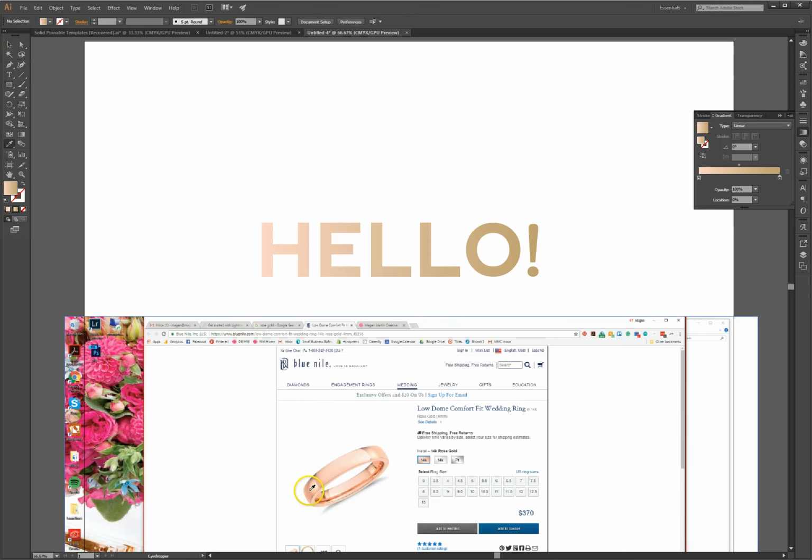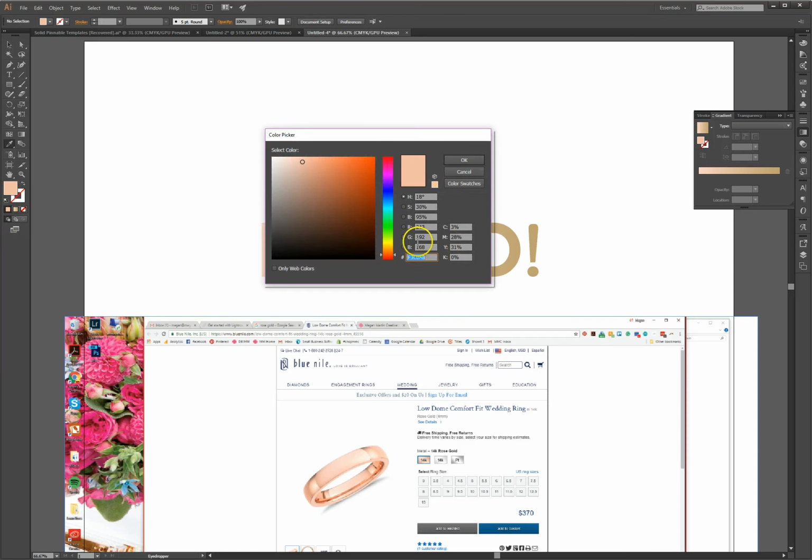Then I'm just going to select around and see what shade pops up. That shade's not bad. Again, you're going to have to play with this a little to get the formula that you like. Let's try this one. I'm going to copy this,